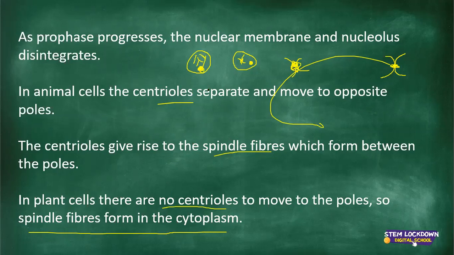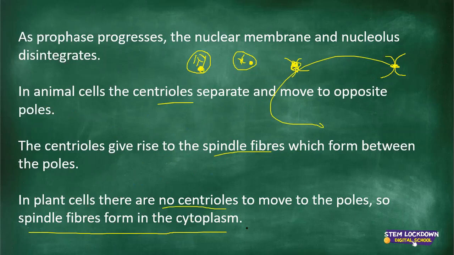So what do they do? They will separate and move to opposite poles. When they move to opposite poles, then the centrioles will give rise to the spindle fibers which form between the poles. In plant cells, though, there are no centrioles to move to the poles, so spindle fibers form in the